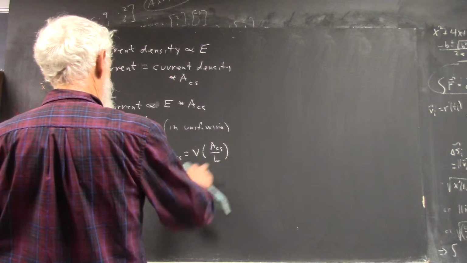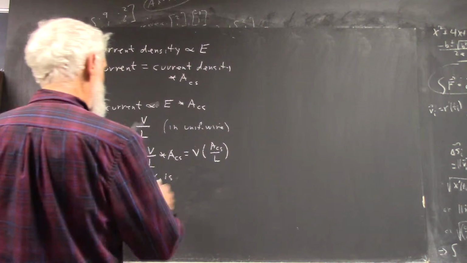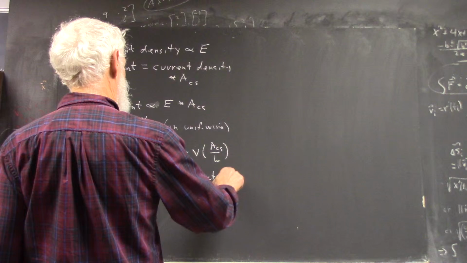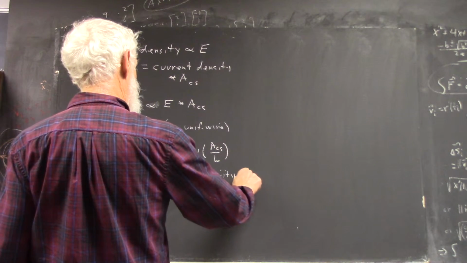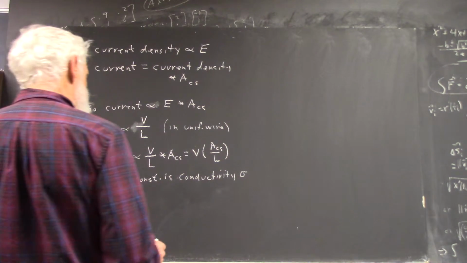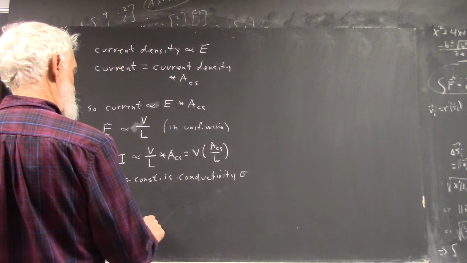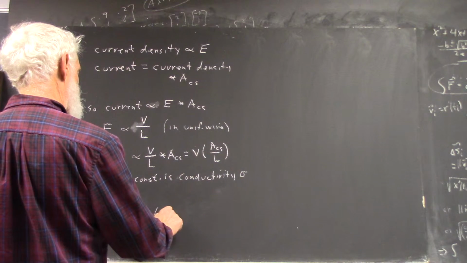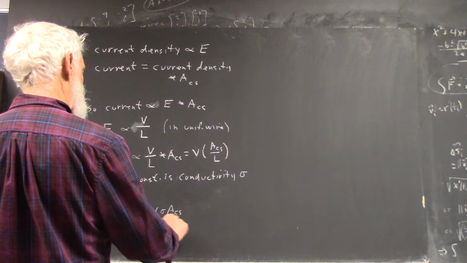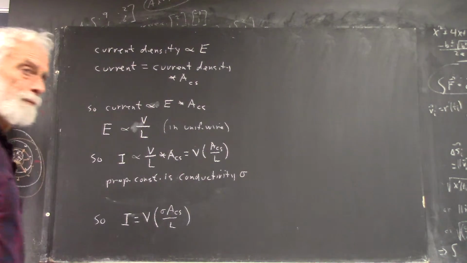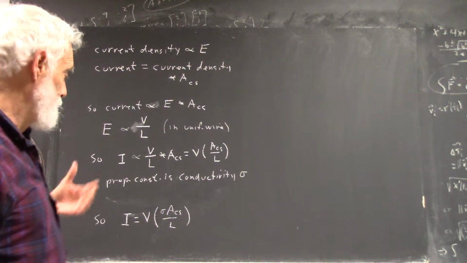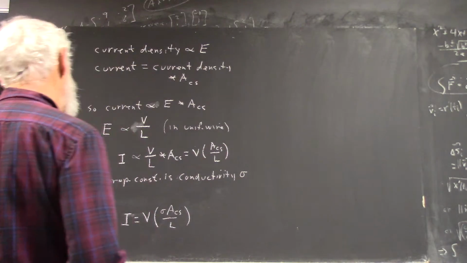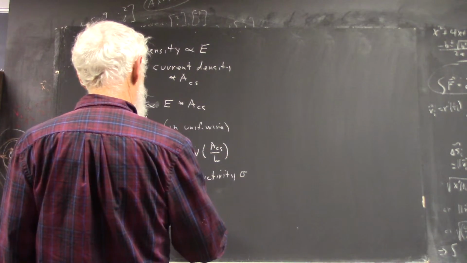Okay? It's conductivity sigma. So I equals V times sigma cross-sectional area divided by length, which you get just easily by, you know, what we've done with conductivity, right? And that's equal to V